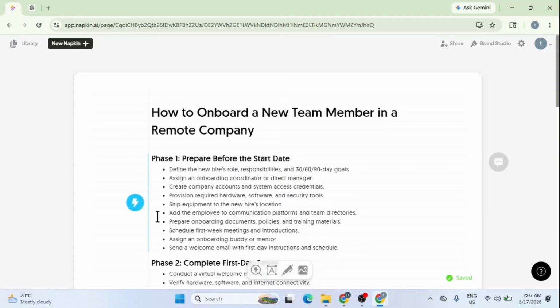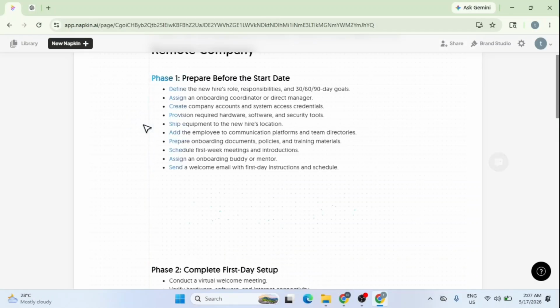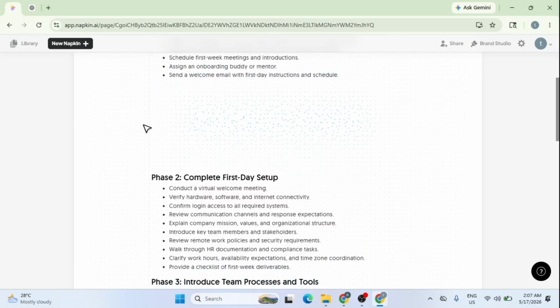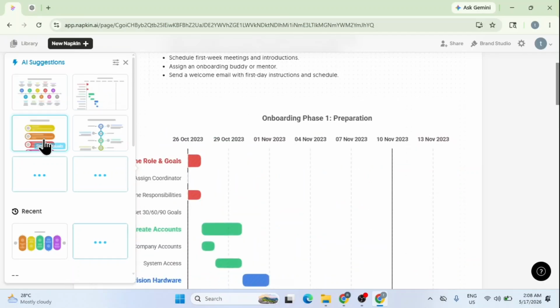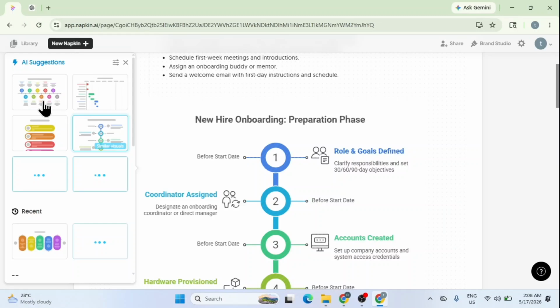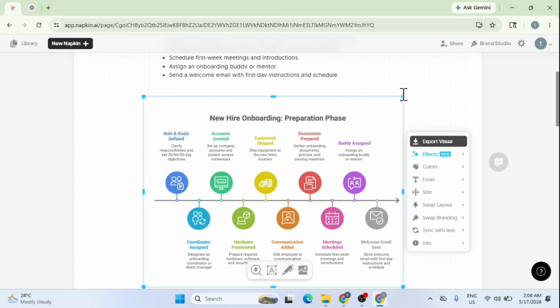As I hover my mouse near the text on the left-hand side, a blue lightning bolt icon appears. I'll click this icon to trigger the AI visual generator. On the left panel, you'll see several AI suggestions pop up. This is where I can choose the general style I want, whether it's a flowchart, a cycle, or a timeline. After clicking a style, I can then browse through different designs of that specific style to see which one represents